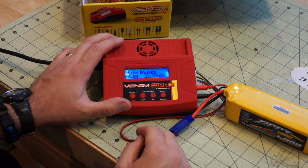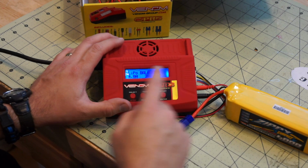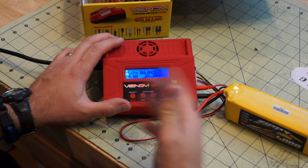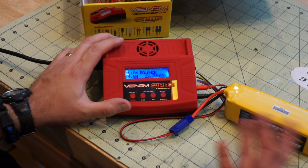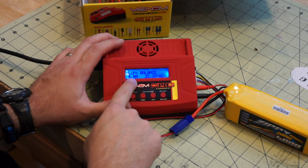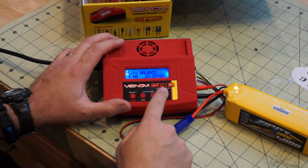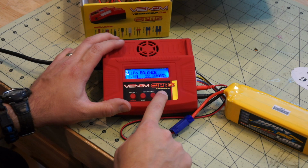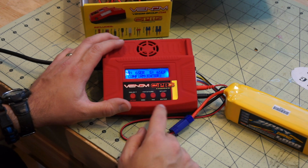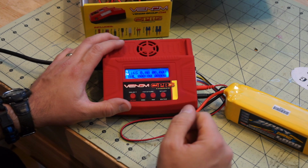So let's see if that formula is correct here. Now we have 4000 milliamps, which gives us 4 amps. If you remember from our 1C charge rate we were talking about in the other video, we have the battery charger set at 4 amps and 6 cells. So we're going to hold down the start button. We're going to get our confirmation screen. We're going to tell the charger that yes, we are trying to charge a 6-cell,